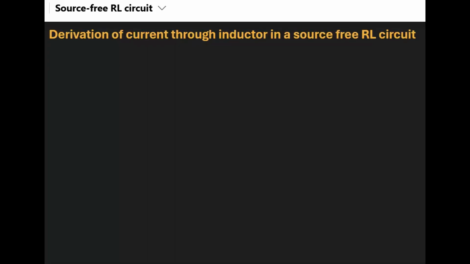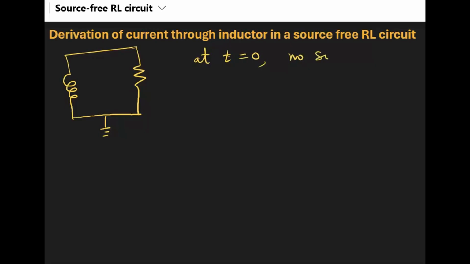In this video, we will derive the equation for current through an inductor in a source-free RL circuit. Let us consider a circuit with one inductor and a resistor and no source. If there is no source, how will the current flow? That is the major question. So we consider that at t equals 0 there is no source, but